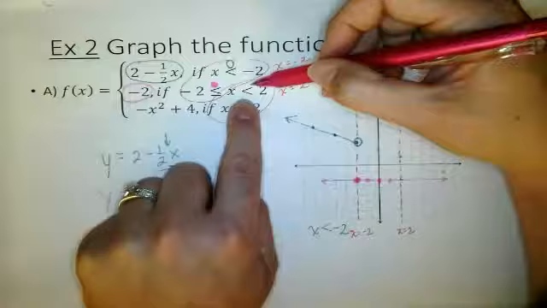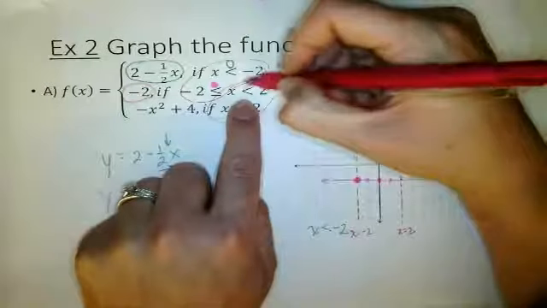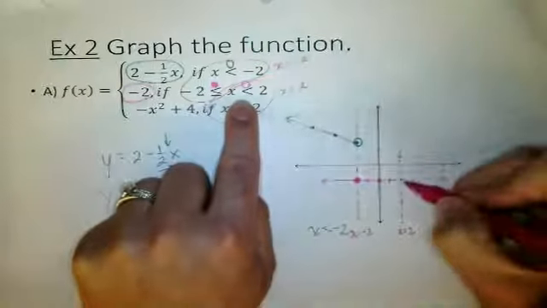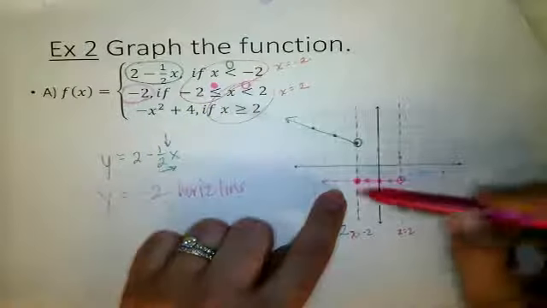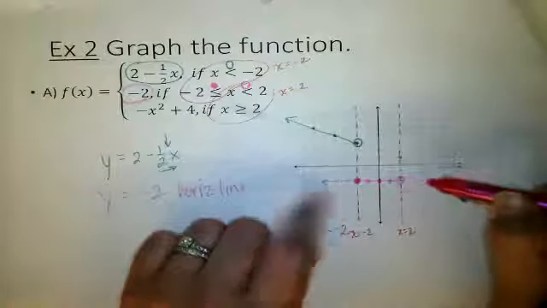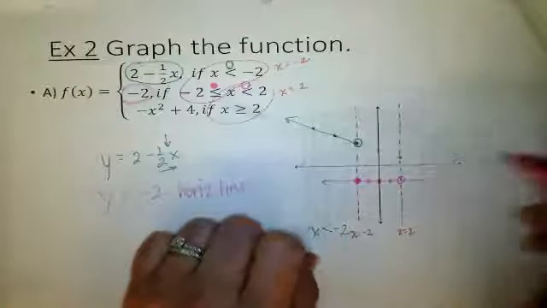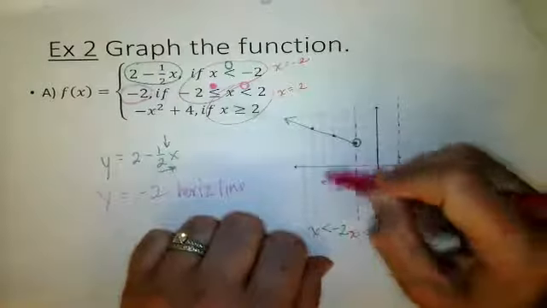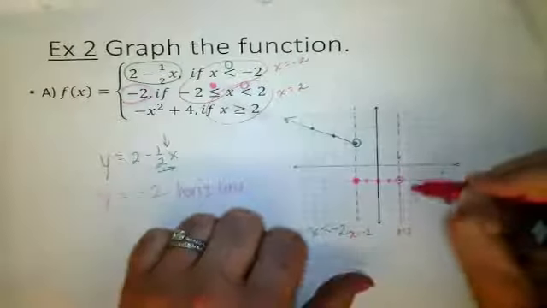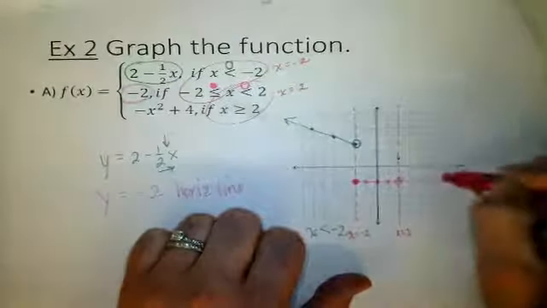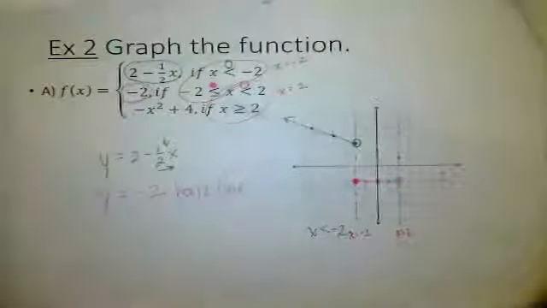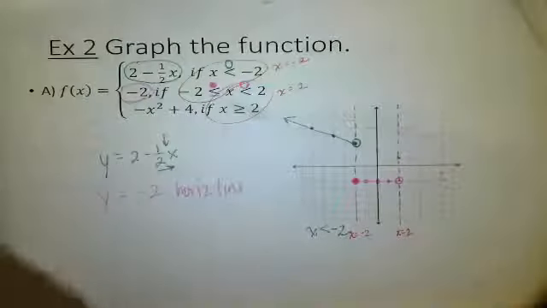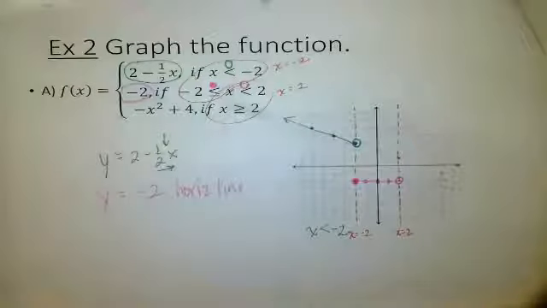At +2, open or closed dot? Open circle. So I'll put a nice big open circle there. And so I just want between -2 and 2. So what should I do outside of there? Erase. We don't need that part. Okay. And then the last portion,